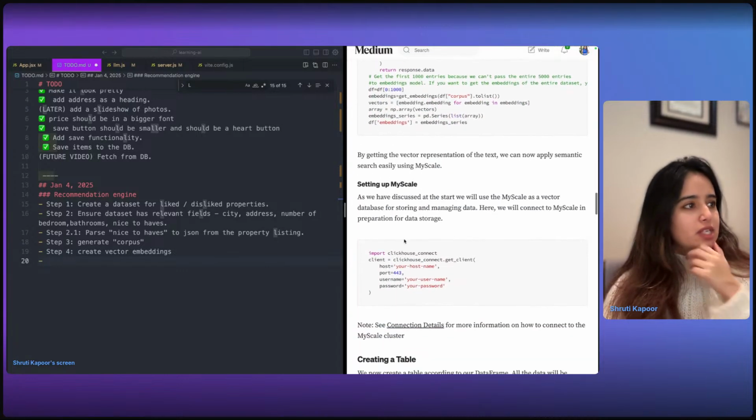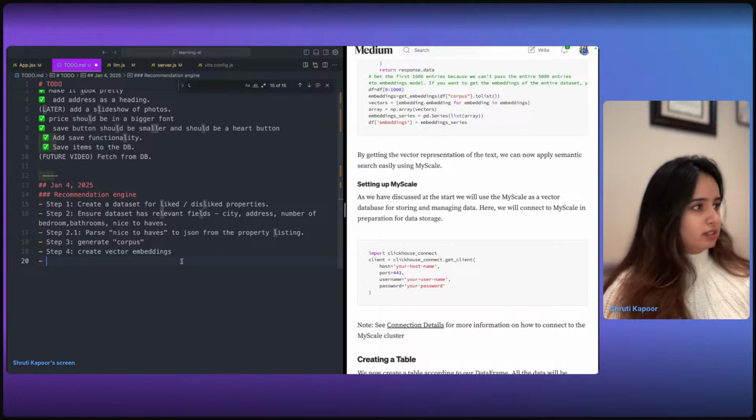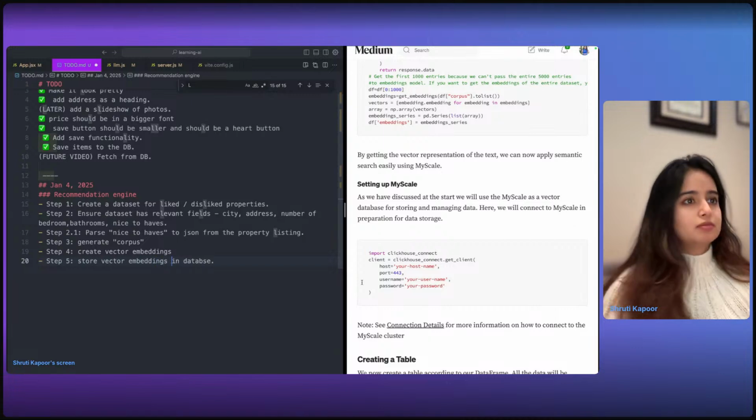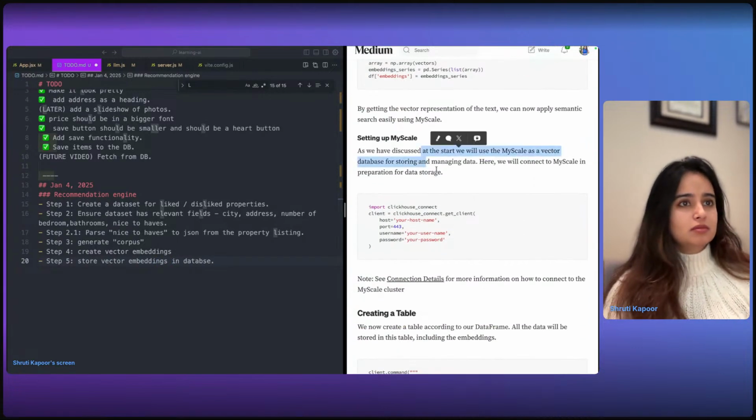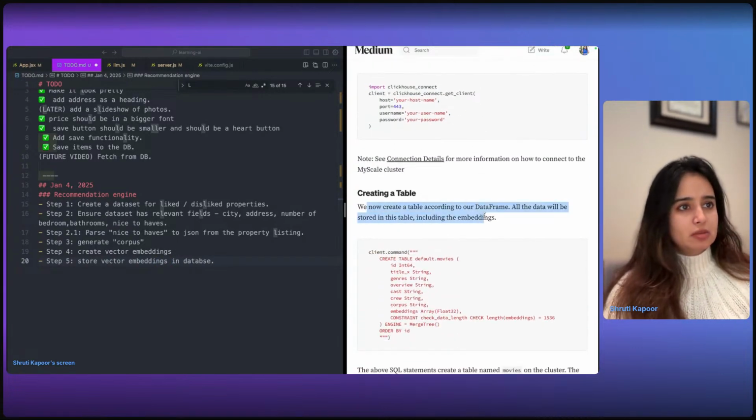Okay, and then setting up MyScale, then store vector in the database. Store vector in database. Then what? Creating a table. Now we create a table according to our data frame.